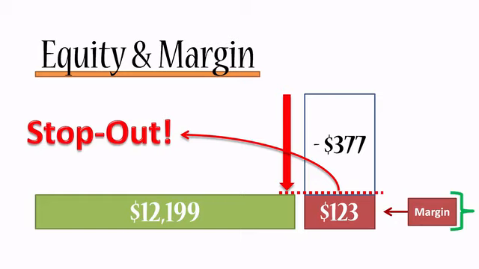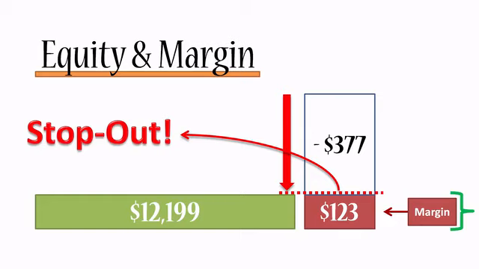Now, the stop out can happen when all of your free margin is eaten up, so when you only have margin left, or maybe when you have half of your margin left. So the broker might, in its terms and conditions, specify that it will allow 50% of the margin to be used up before the stop out occurs, or it might allow 70% of the margin to be used up. So you have to refer to the terms and conditions of your broker to understand at which point a stop out will occur. And another thing you should be aware of is that sometimes there'll also be a margin call.